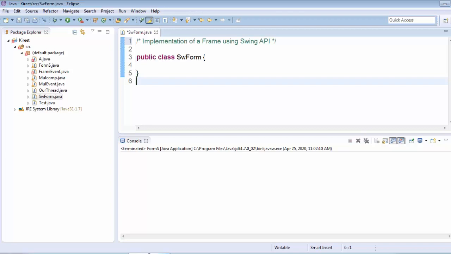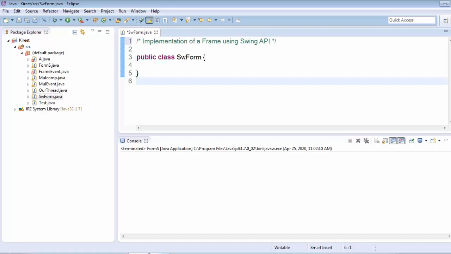is a lightweight GUI. Lightweight means it doesn't use any operating system's resources, and it is platform independent. AWT is heavyweight and completely platform dependent, and it also lacks some components, like the radio button, which is not present in AWT. So we can say that the Swing API is a collection of classes that contain some extra components as compared to the AWT. Swing API follows MVC architecture.